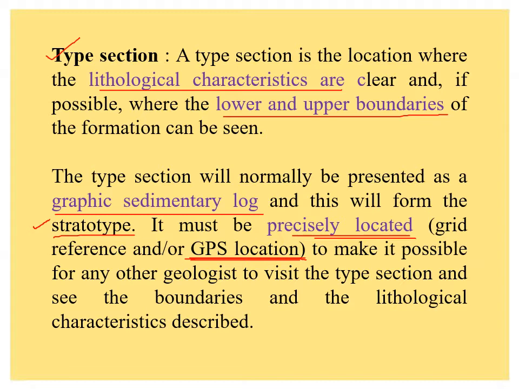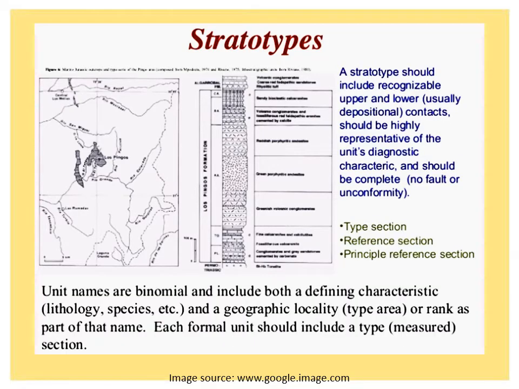So that other people can easily visit that place and easily study those rock columns or lithological units. So this is one ideal example of a stratotype. On a map you have to pinpoint the location like that. Here it is plotted as a black dot, and the rock column is drawn in a vertical graphical log,